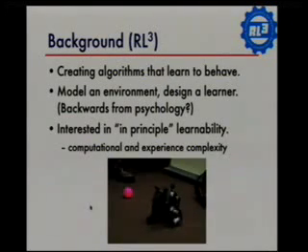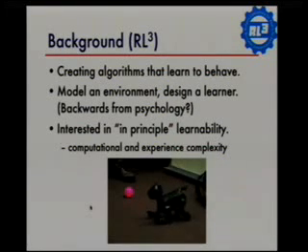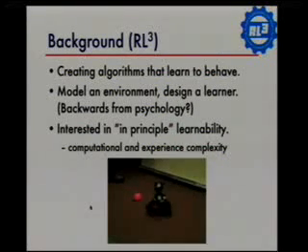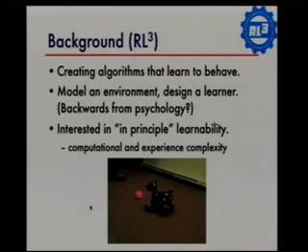Now the learning task is for the robot to figure out how to maximize its reward per unit time. So how does it behave, given what it sees, to try to get its happiness, which in this case is seeing the pink ball. It's a lovely pink ball. I mean, it's probably not worth +1, but it is rather nice. So that's the setting that I come from. RL Cubed is the name of the lab, Rutgers Laboratory for Real-Life Reinforcement Learning.